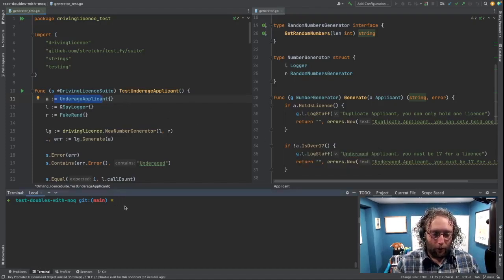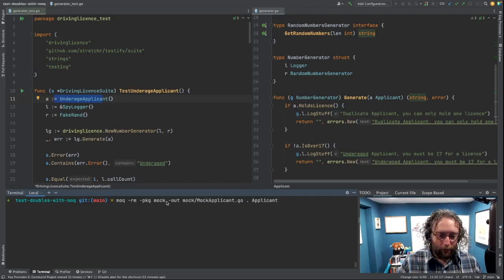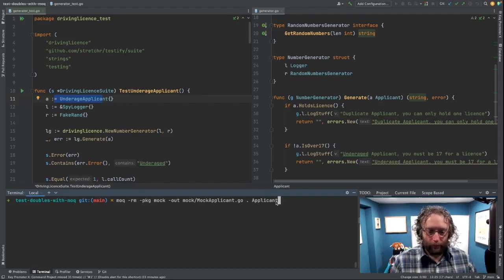So let's generate our mock first of all. Using the moq command, using the rm flag, which means to remove any existing mocks at the location mock applicant. We're saying we want it in the package mock and we want the output to be put in the mock directory under the file mock applicant. And where we will find our interface to mock is dot, and the interface we wish to mock is the applicant interface. So let's run that,